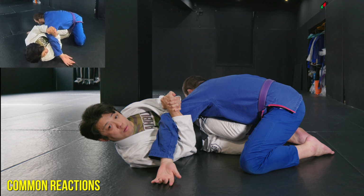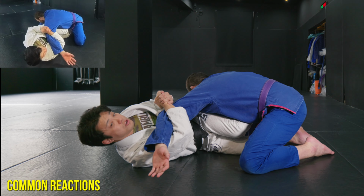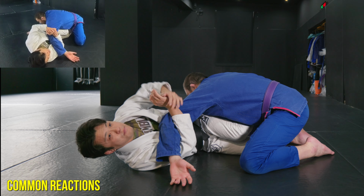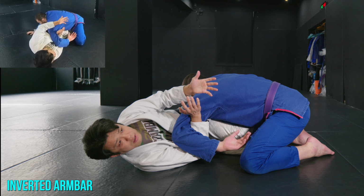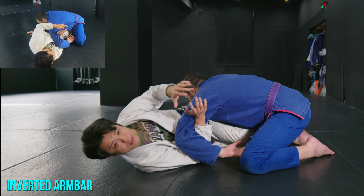Yes, this is one common situation. Even this time, if you can pull your person's arm to your side, you can proceed the action to finish. But he's going to hide his arm, like making a Kimura shape, like this. Then from now, similar to the Kimura I tried in the last video, but it could be difficult to finish from